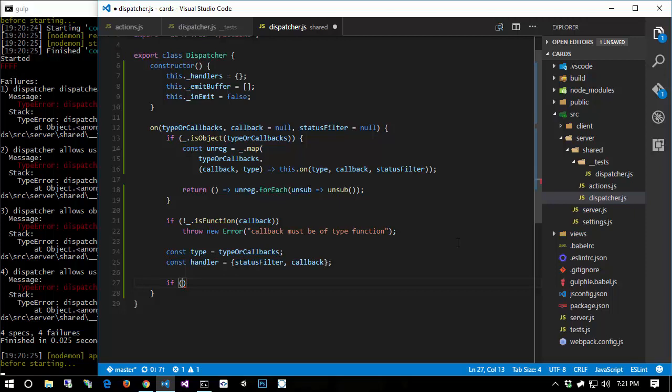Then I'm going to check to see if we already have callbacks of this particular action type. So I'm going to say if not this._handlers.hasOwnProperty(type), then I'm going to say this._handlers[type] equals array of handler. Otherwise, this._handlers[type].push(handler). So you can kind of see what I'm doing here. I'm saying